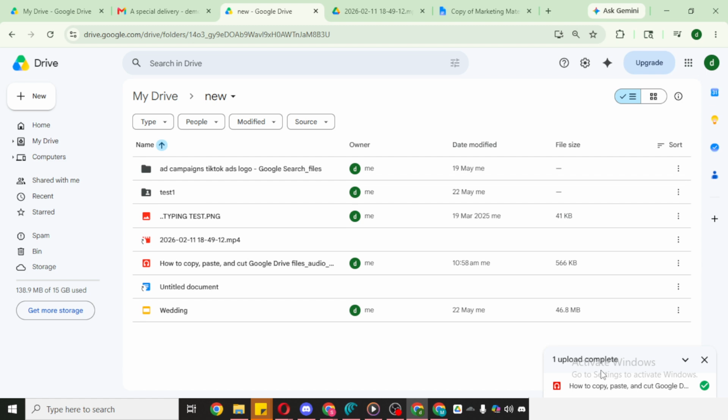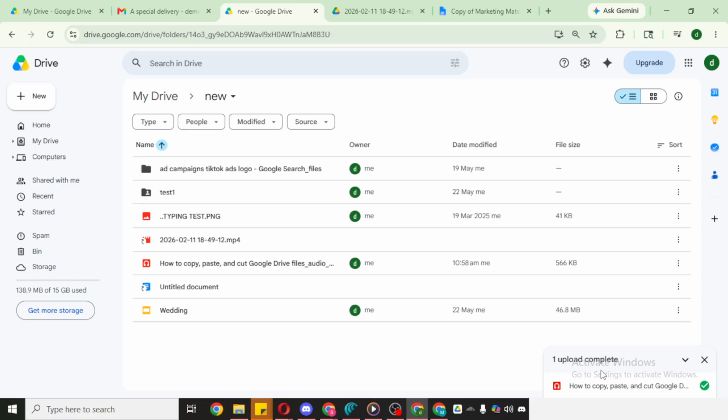When your video reaches 100%, the panel will confirm the upload is complete and the file will appear in your Drive. If there isn't enough storage available in your account, Drive will let you know and the upload won't finish, so it's worth ensuring you have space before starting large files.